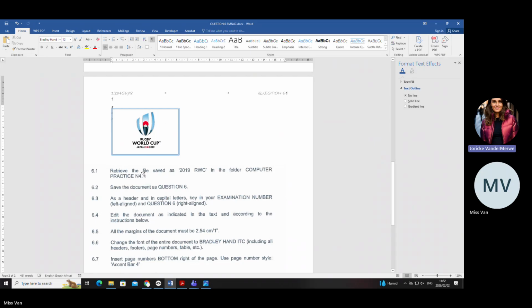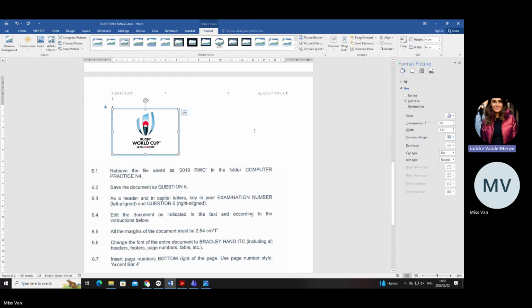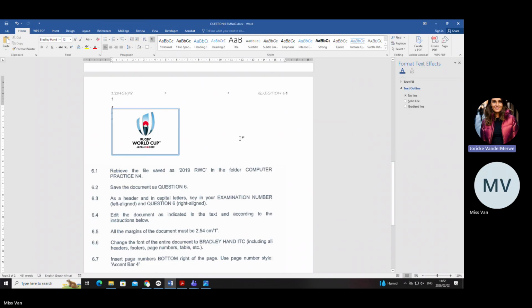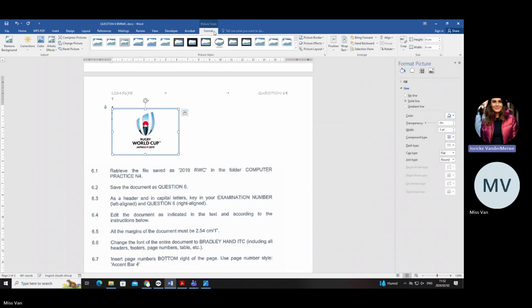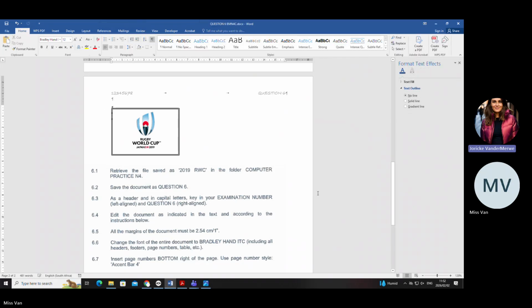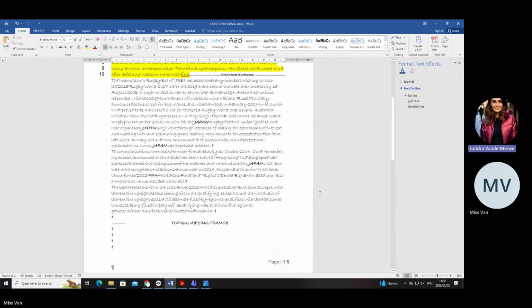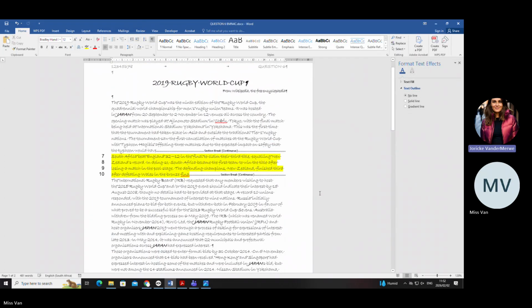Okay. I don't say what color, but it's not going to matter because everything is going to print out in black. But if you want to change the color, you can go and say picture border and just change it to black. Okay. I think I'm going to pause here, and then in the next video, I'll do columns and tables.